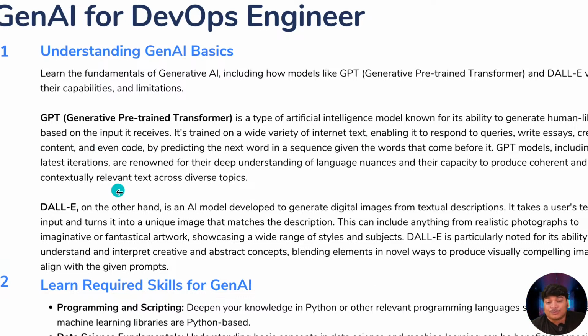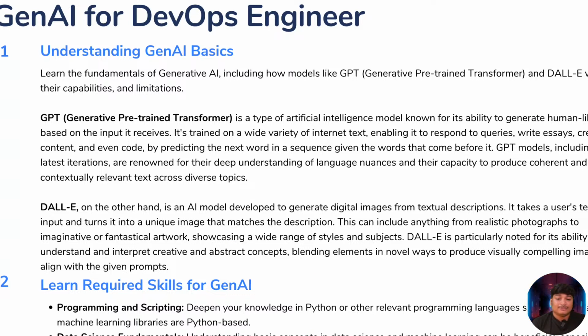Anyway, so to of course start with GenAI, you have to first learn the GenAI basics. And what are the basic things you want to learn? First is the GPT. I'm not talking about ChatGPT. Again, ChatGPT is developed using this GPT, but GPT is specific. Okay, so what does GPT mean? Okay, so GPT means generative pre-trained transformer. Okay, and what are those? Let me just come to that.